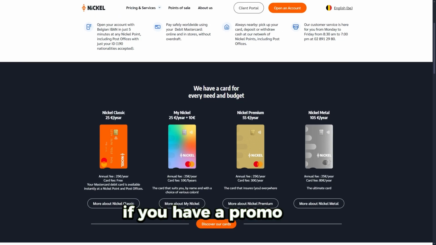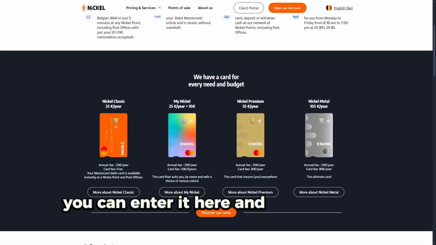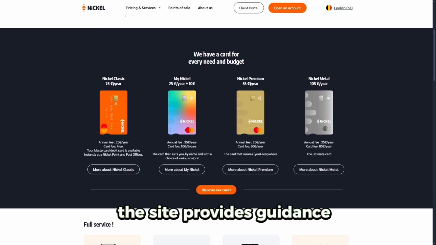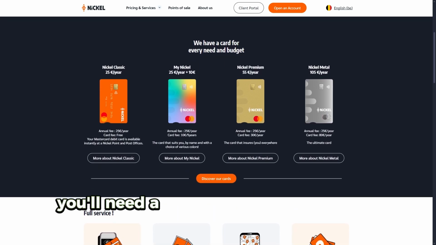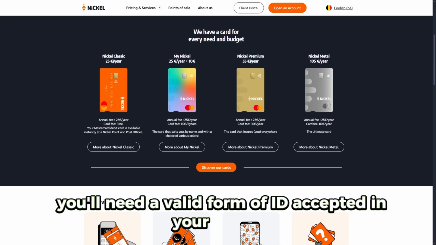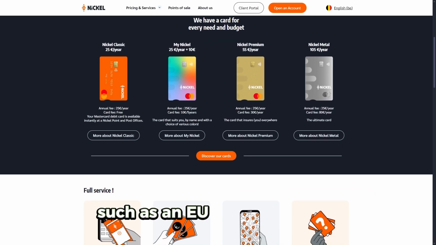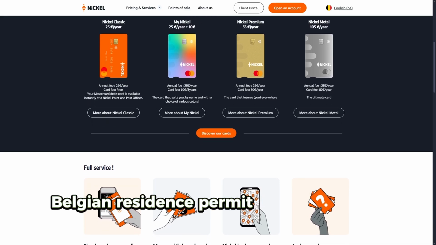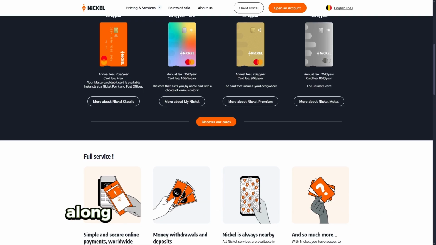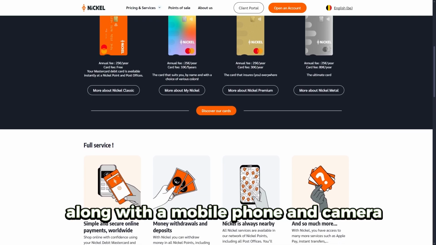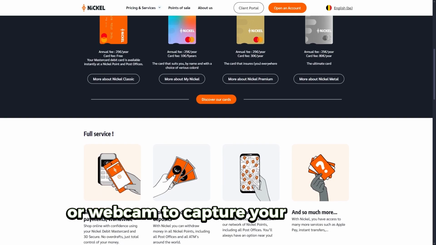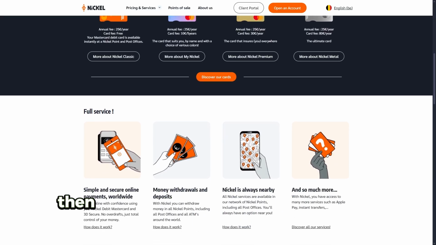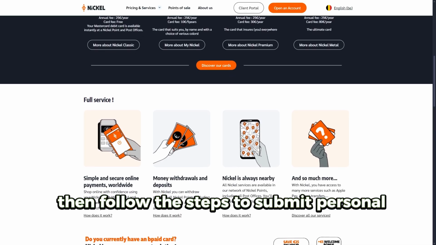If you have a promo code, you can enter it here, and for assistance with your postal code, the site provides guidance. To open an account, you'll need a valid form of ID accepted in your country, such as an EU or EFTA passport, Belgian residence permit, or other regional ID, along with a mobile phone and camera or webcam to capture your documents. Enter your email address to start the process, then follow the steps to submit personal data,